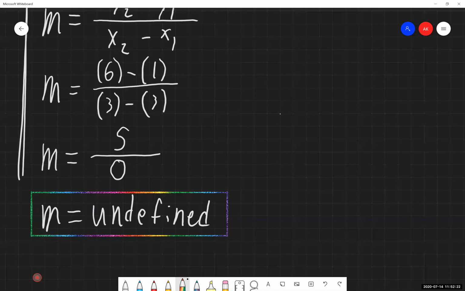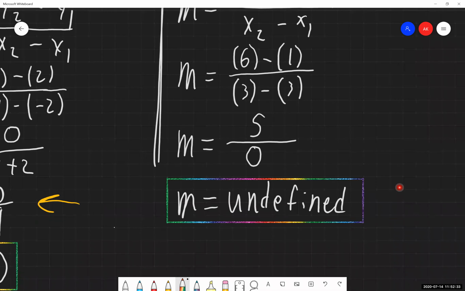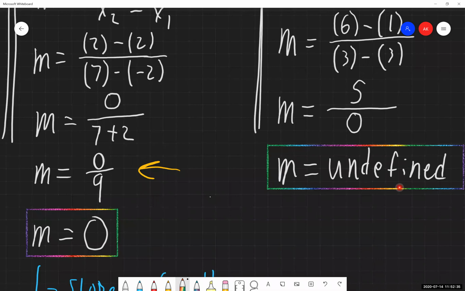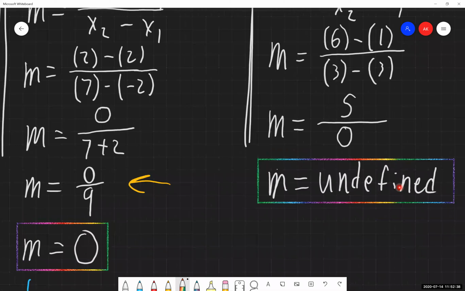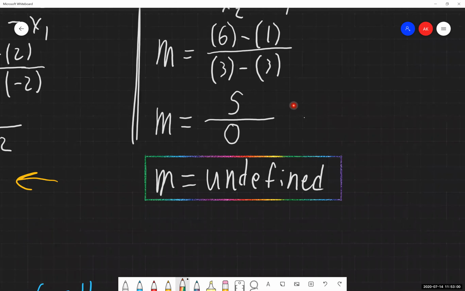Now I'll give you guys a second again. What kind of a graph, what kind of a line is going to have an undefined slope? Giving a quick mirror at our thought process that we had for a previous example. What has a change in y, but no change in x? Give you guys a second or two to think on that. Yeah, exactly. We're going to have a vertical line showing up with this,